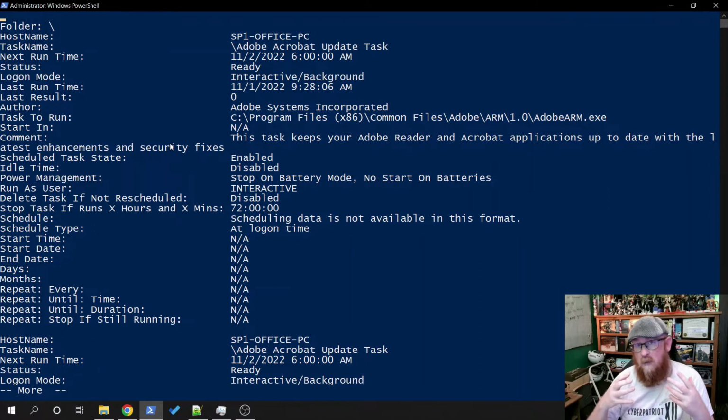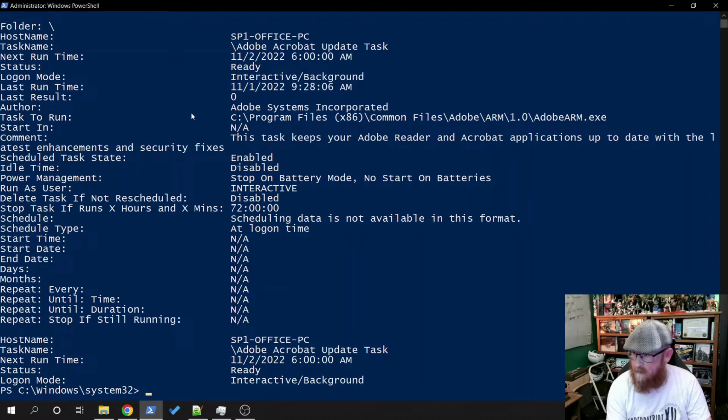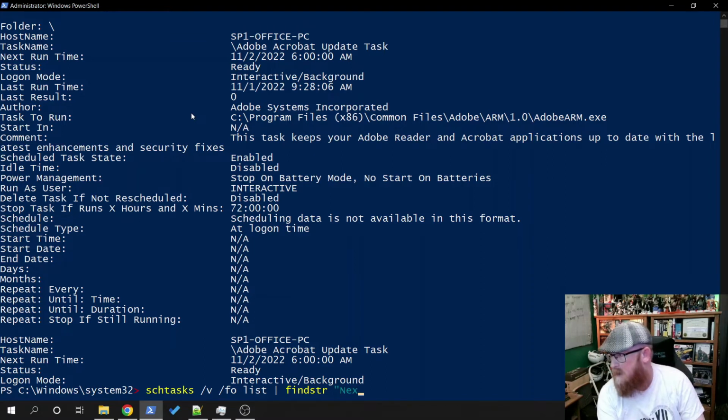Generally, what we want to do is look for scheduled tasks that occur within the last 24 hours or are going to occur in the next few hours, right? So we're looking specifically at the next runtime, which is right here. Now we can look for that specifically by searching for the next runtime. So we can do that either using find string, where we're looking for next runtime,